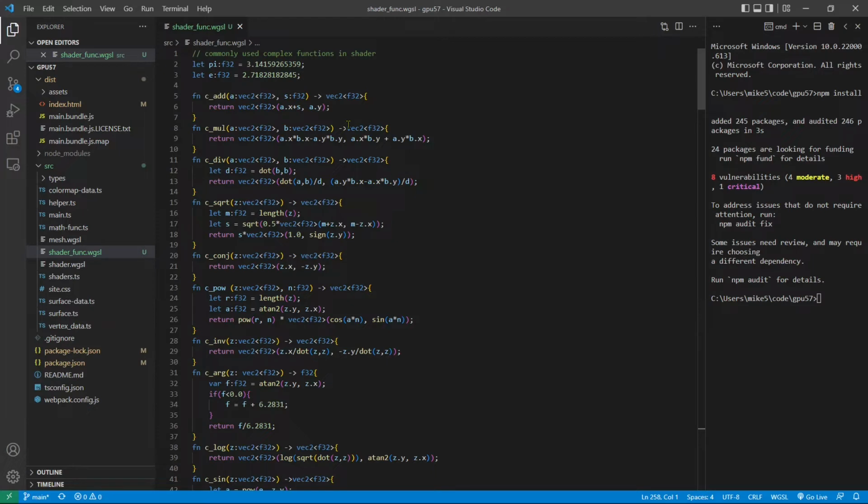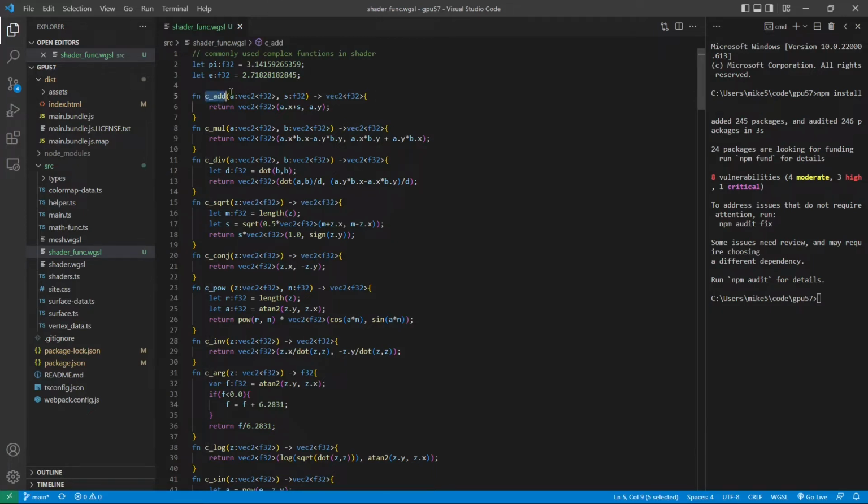That is, we use the vec2's x component to represent the real part and the y component for the imaginary part of a complex number. You can see that we first define some commonly used math functions for complex numbers, including